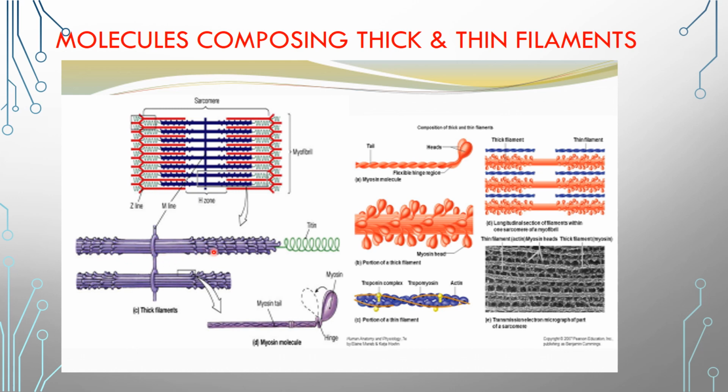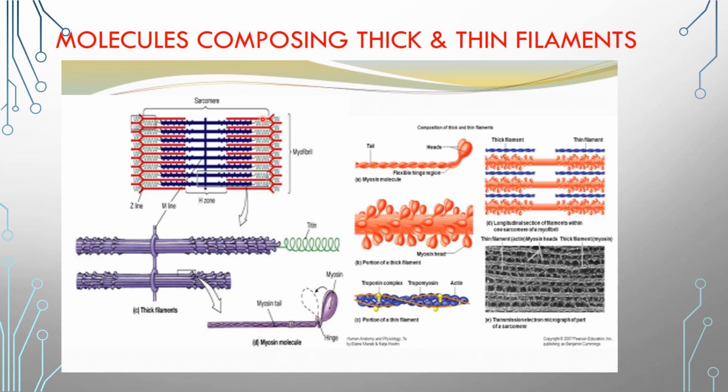Now, these myosin molecules have the light chains and the heavy chains, and they have a globular head. So these tails are formed from the myosin filament tails, which are wound up together, and these globular heads are arranged towards one side. So the tails are towards one side, and the myosin heads are towards one side. So these thick filaments are made up of the myosin proteins.